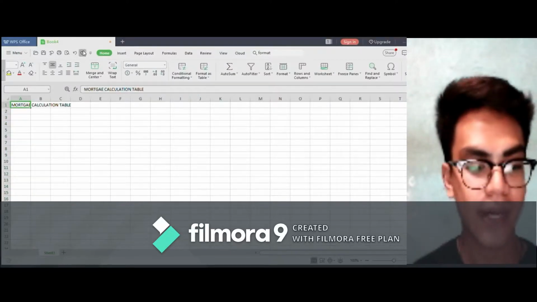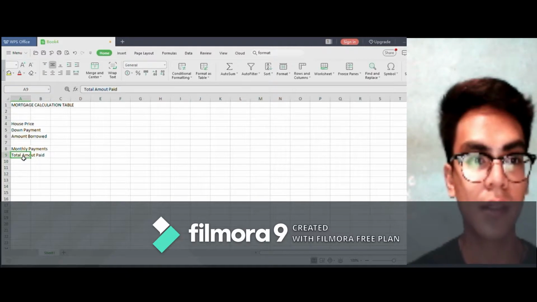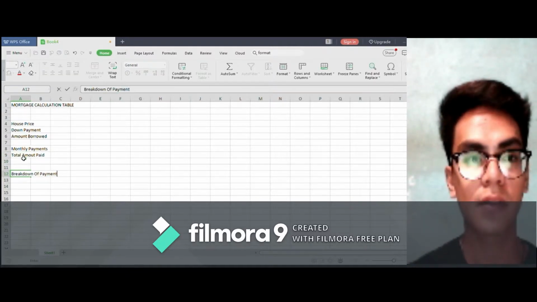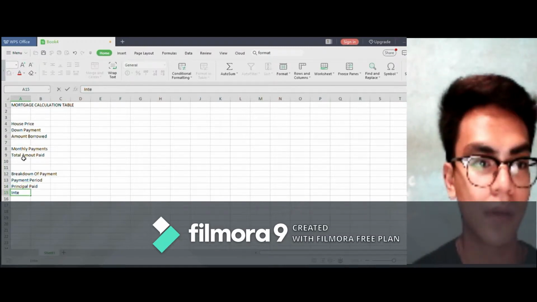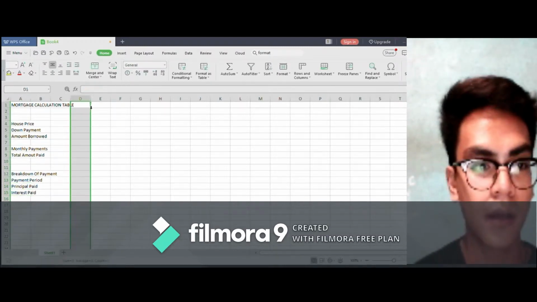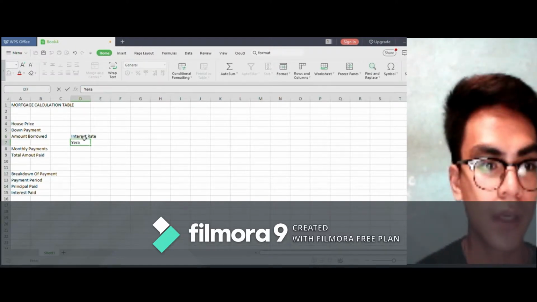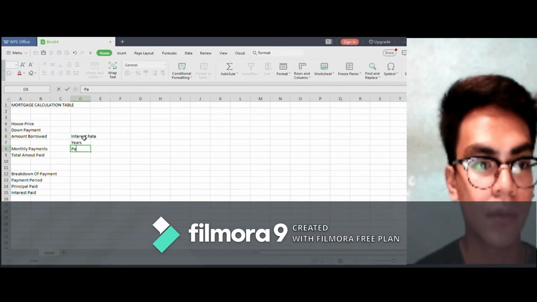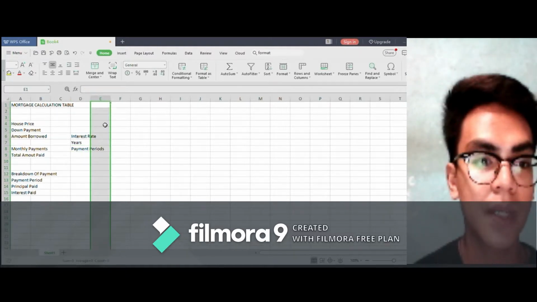Exercise number 3, mortgage worksheet. Enter the following data in column A for the mortgage calculation table: house price, down payment, amount borrowed, monthly payments, total amount paid, breakdown of payment, payment period, principal paid, interest